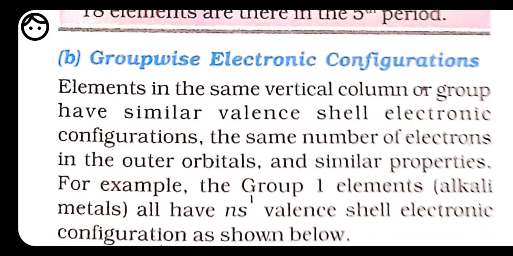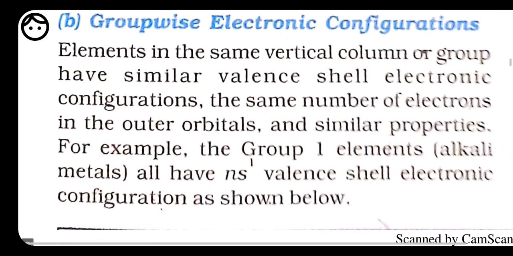Okay, so there are 18 groups in the periodic table. The elements belonging to the same group are said to constitute a family. And here we have given a particular name to each family, like elements of group 17 are called the halogen family. Elements of group 16 are called the chalcogen family, which is the oxygen family. Elements of group 15, that is nitrogen, are called the nitrogen family. Then we have the carbon family. Elements present at the very right side of the periodic table are called noble gases. So every family has been given some name. Okay, so these elements are arranged just below one another on the basis of the number of electrons present in their outermost shell.